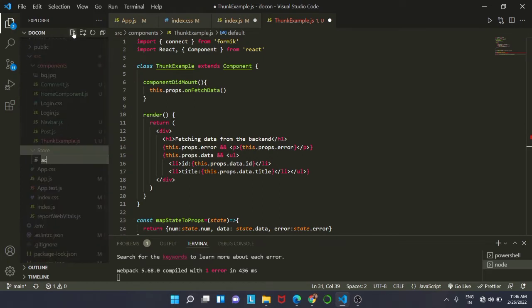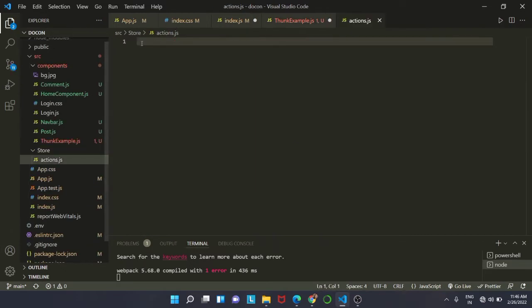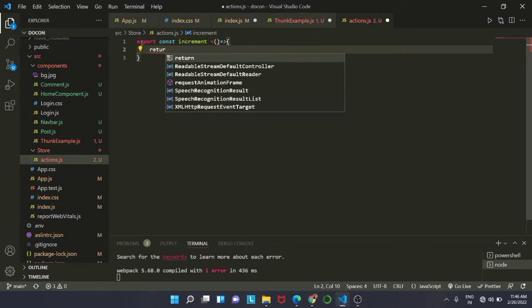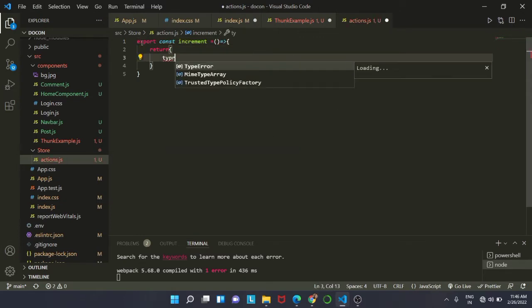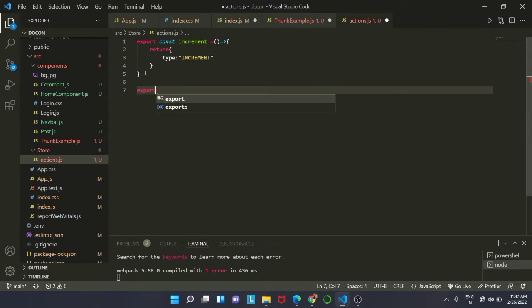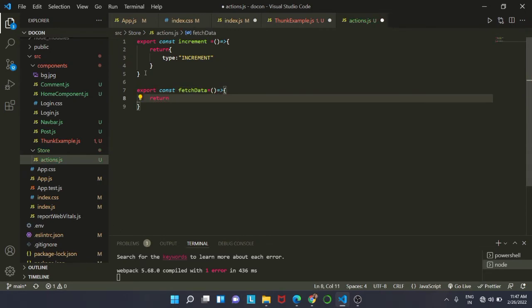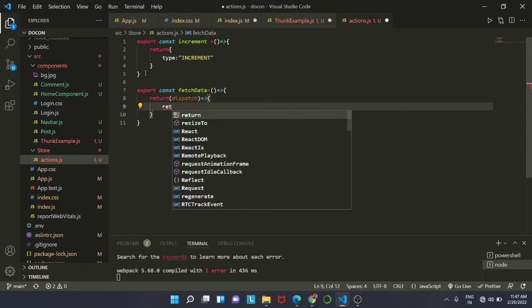Now we are going to create a file inside our store, that is action.js. Inside action.js we are going to write a synchronous action creator and an asynchronous action creator. So export const increment, this is the synchronous action creator. It has the return type increment. The asynchronous one is our export const fetchData. Similarly this is also an arrow function, and here we are going to return the input dispatch, and inside that